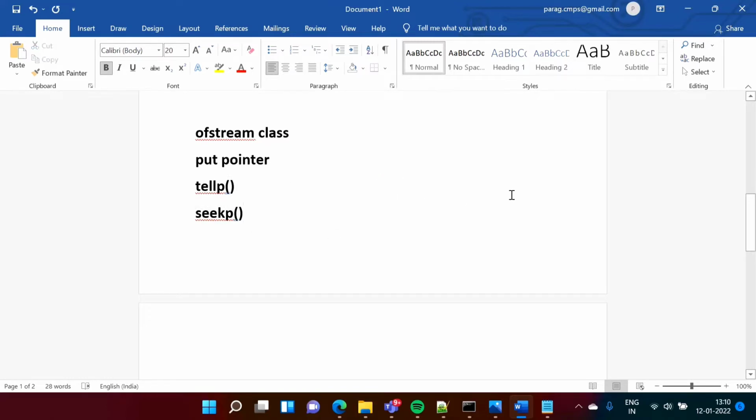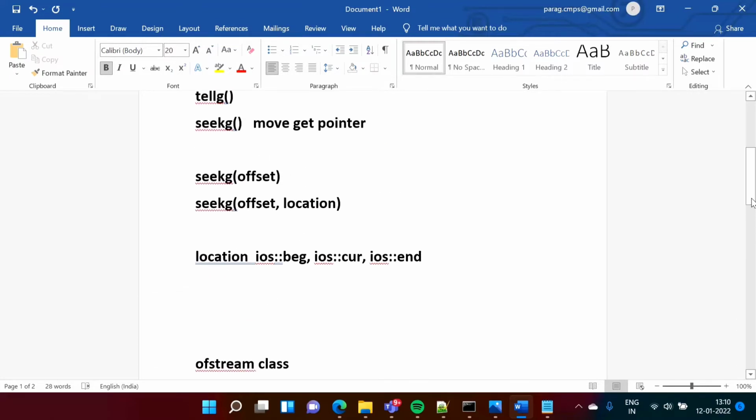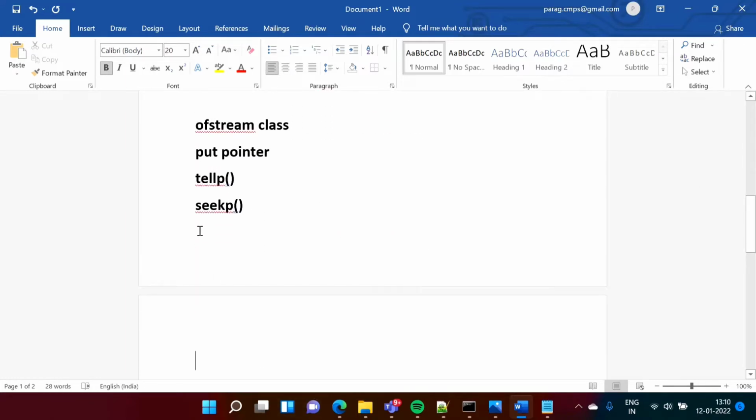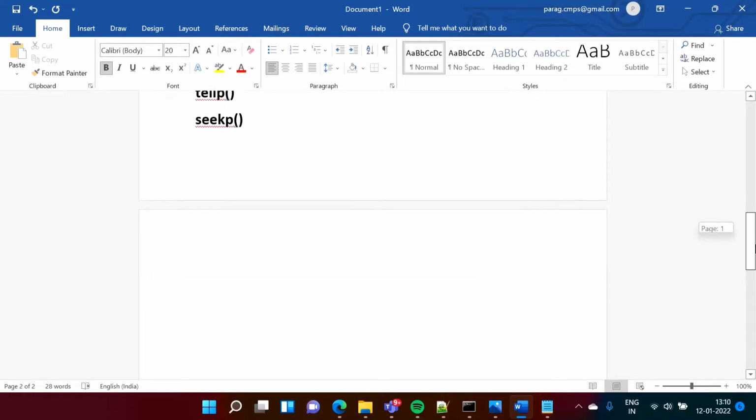Now see, in the same way here that I have told, we can pass one parameter or two parameters. In the same way, to this seekp function also we can pass some parameter. So if we are passing one parameter, so that is offset. Offset means it is an integer value, 10, 5 or -5, -10, -6, something like that.